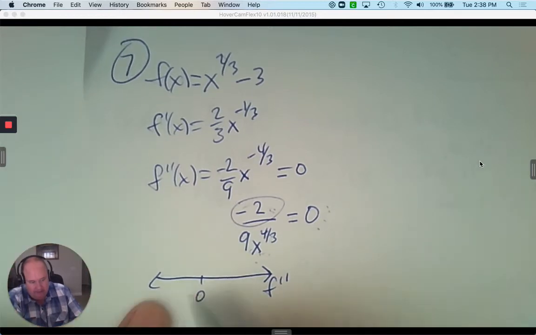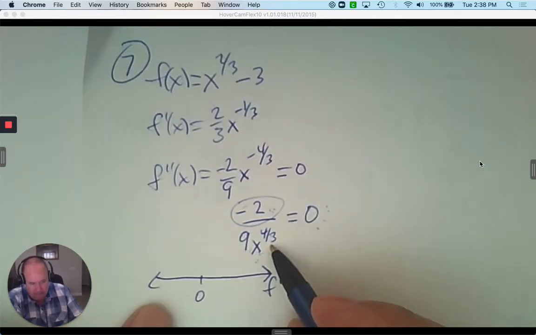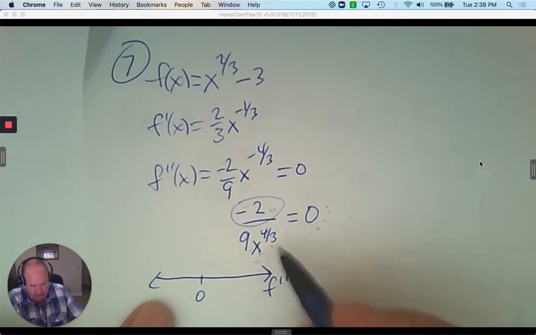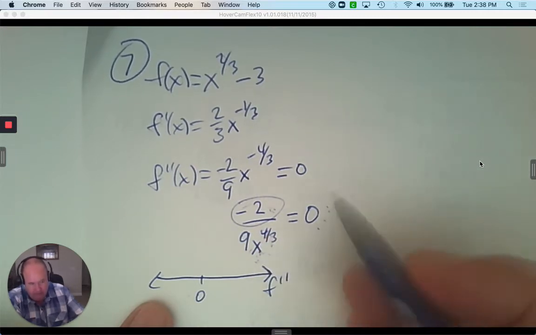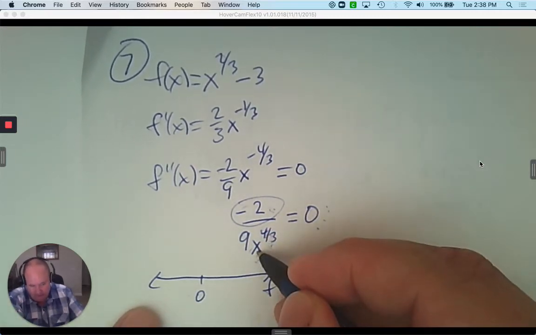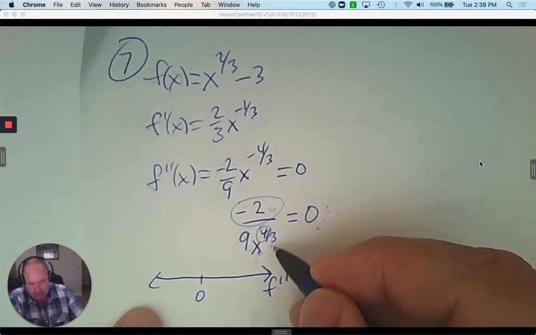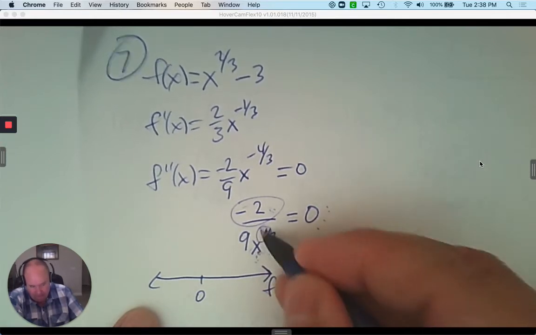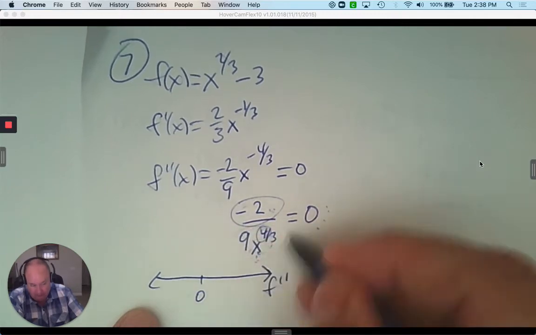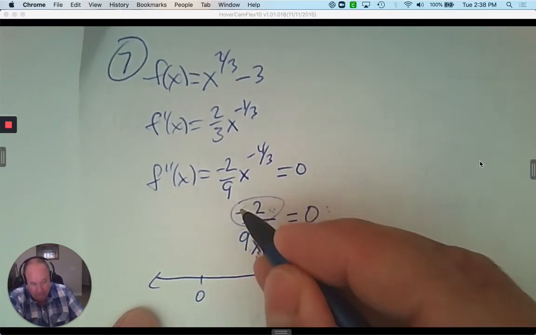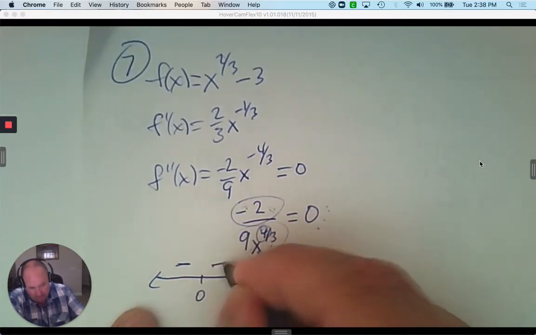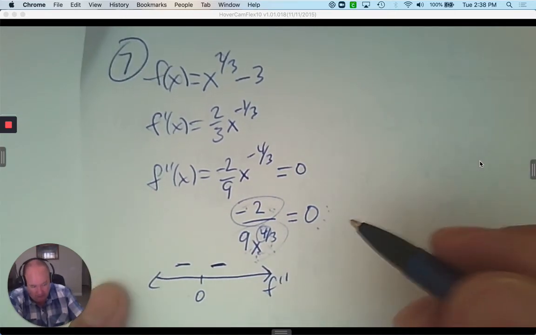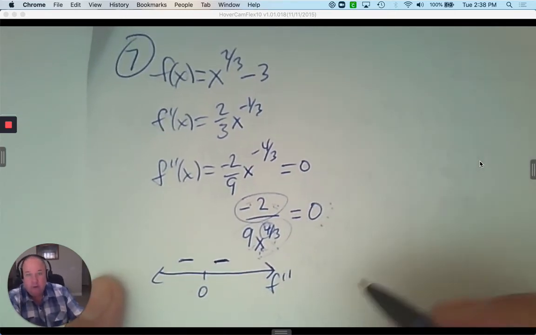If I plug in a negative number, just recognize the cube root of a negative is negative, but if you go to the 4th, it becomes positive. So if you put in a positive number, this 4 makes it positive. A negative number, the even exponent makes it positive. No matter what, the denominator is always positive. So a negative divided by a positive, whether you put a positive number in or a negative, will always give you a negative answer. So what we learned was